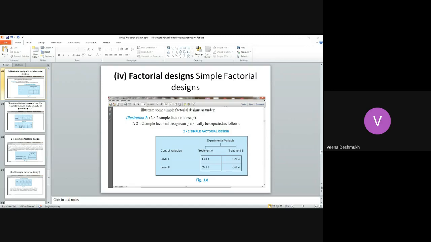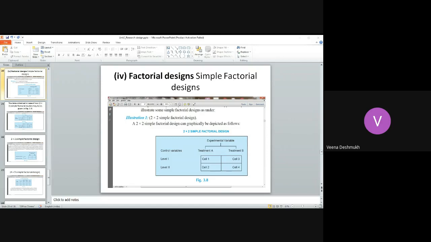So what you get here is one treatment is 1 hour teaching, another treatment is 4 hour teaching. So we can call these treatment A and treatment B. And in each one, the two levels are inside and outside the classroom. So like this, for each one, you get 2 levels and 2 factors. So total possible combinations are 4. So this is a simple factorial design.